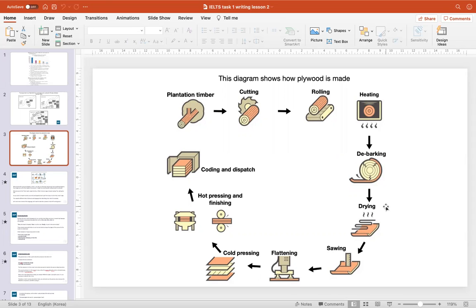So the process can be, well, there are many different kinds of processes. If we think of cooking, do you cook? Are you a cook? Yes, sometimes. So if you follow a recipe, for example, that's a process, isn't it? That's step by step. First you do this, then you do this, then you do this. Finally, you have your result. Yes, exactly. So that's what we're talking about.